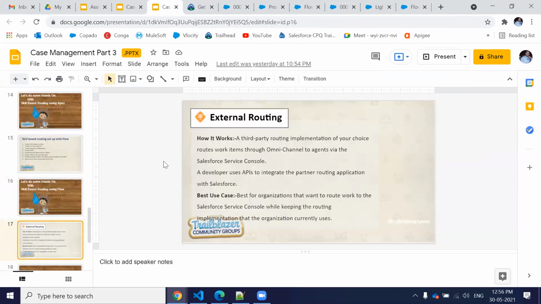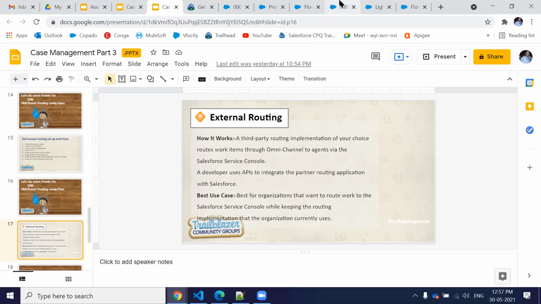Now the last topic is external routing. I do not have a paid license for external routing third parties. If you have a routing configuration which is set up outside Salesforce, you can directly use it inside Salesforce through the APIs, because Salesforce provides APIs to integrate the partner routing application with Salesforce.